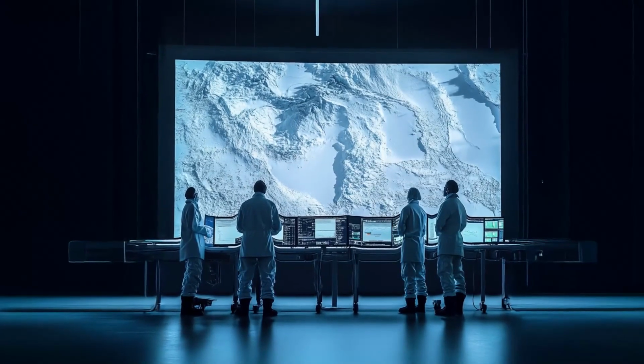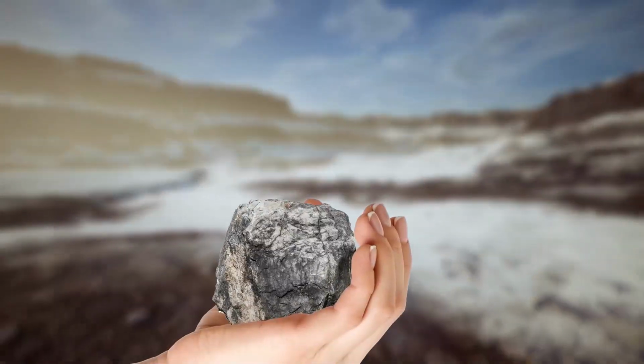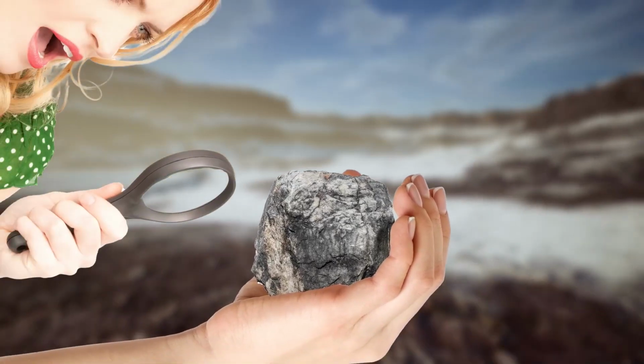In any case, scientists now want to explore this ghost a bit more. But to study it deeply, they need to actually drill down through the ice, like using a straw to get to the bottom of a thick shake. This will help them pick up some rocks and dirt from way below to learn more about the Earth's history